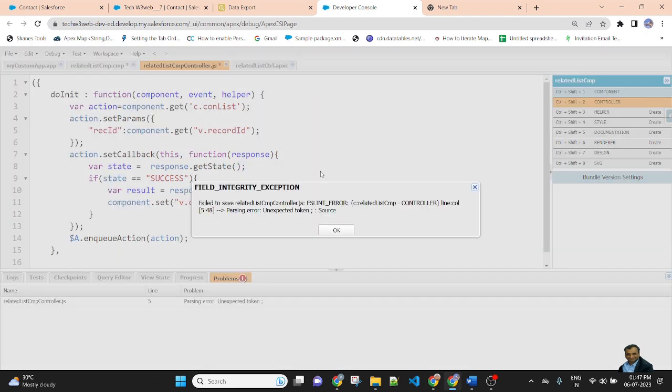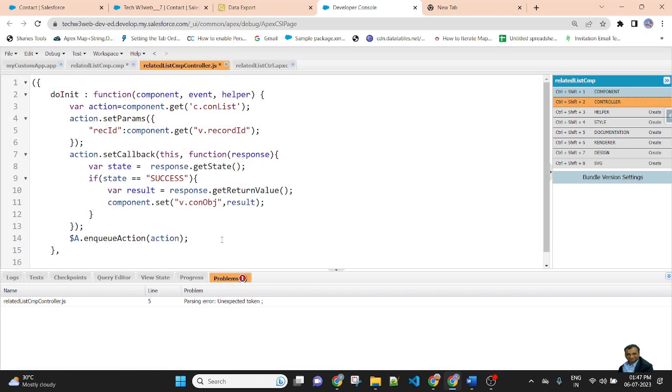Then save the file. I am getting an error. Let me check. In the set parameter, there is no semicolon. So remove the semicolon from here. Then save the file. Now I have saved this component JavaScript.